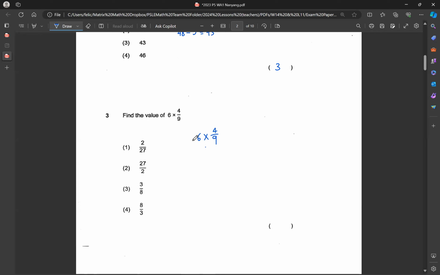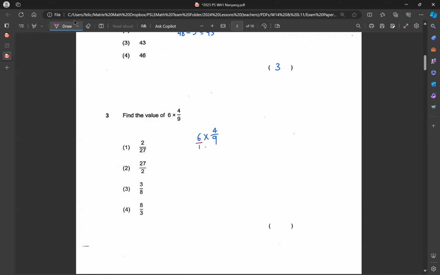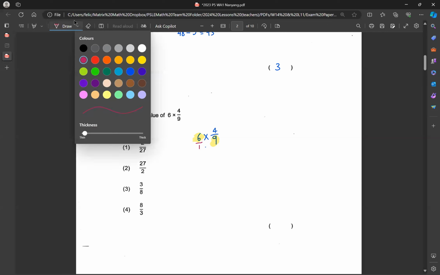So how do you interpret the 6? If you're not comfortable with seeing it this way, you can rewrite 6 as 6 over 1. So 6 is 6 over 1 as a fraction. Then diagonally, if you want to do the cancellation, this is how I check. Compare 6 and 9 to see if they both can divide away by a certain common number. You notice 6 and 9 both can divide by 3, so I am going to divide 3 away from each